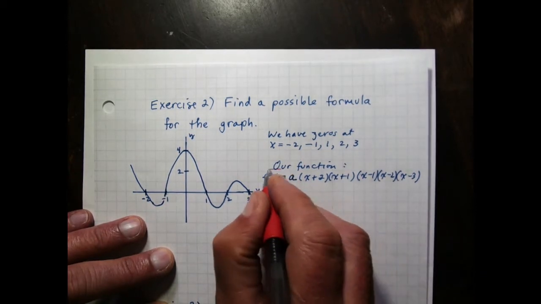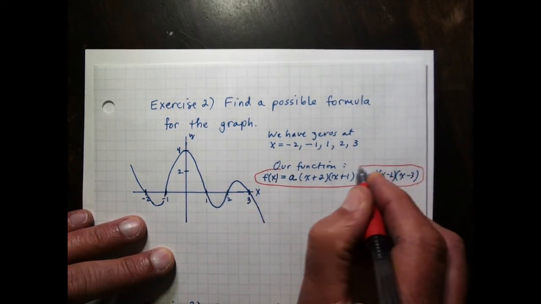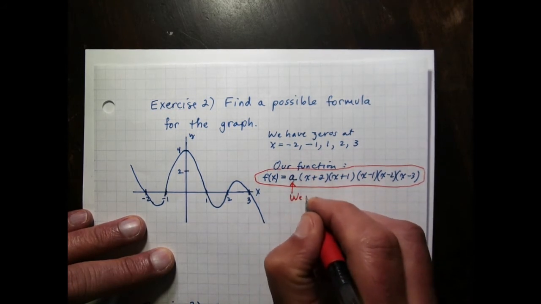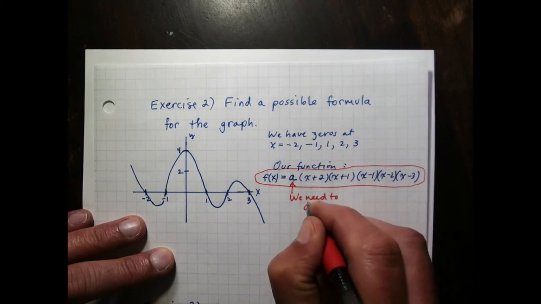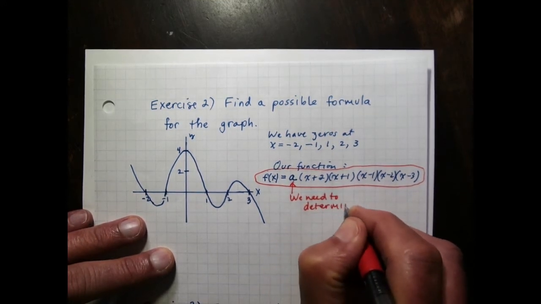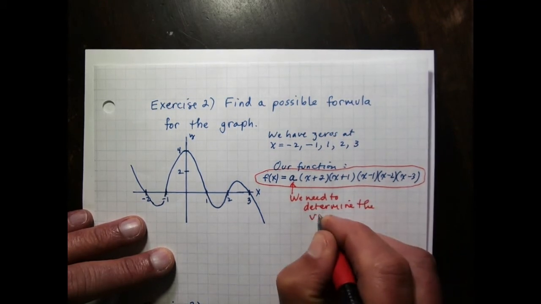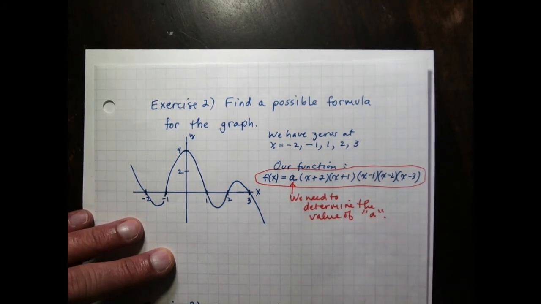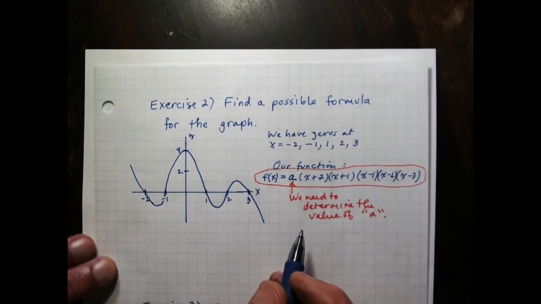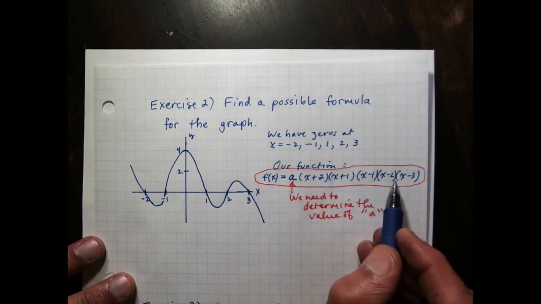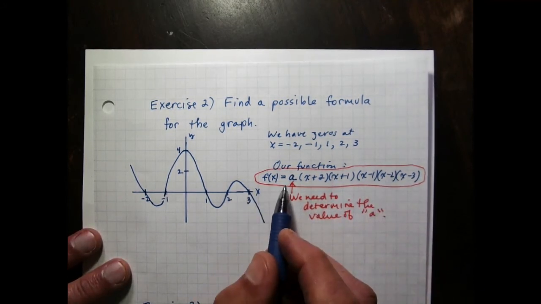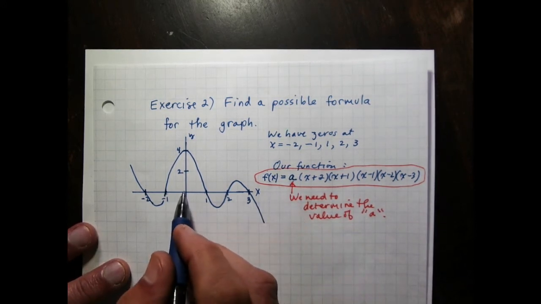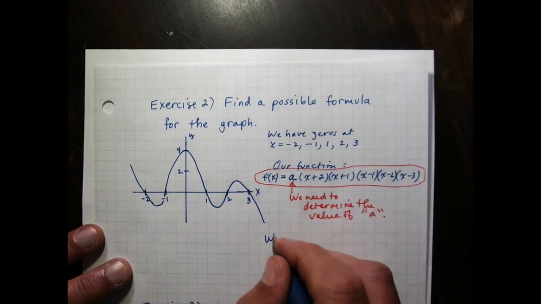I'm just going to try to highlight this a little bit. But we need to determine the value of A. So just knowing that we have all these zeros still leaves us with more than one possibility for this constant A. What we do know, though, is we have